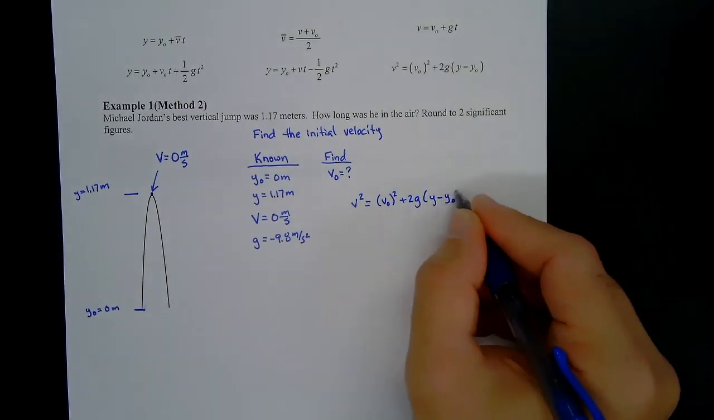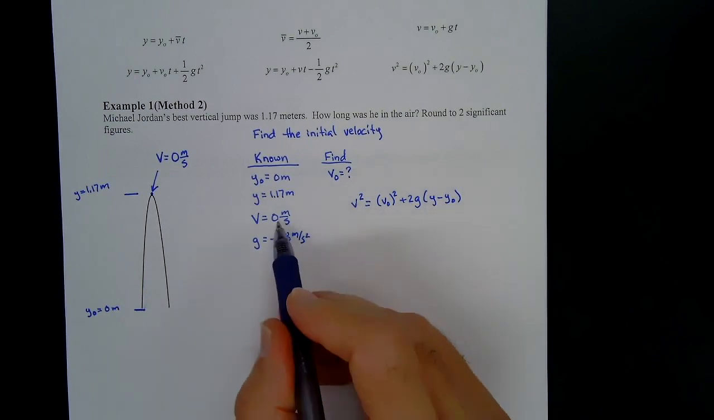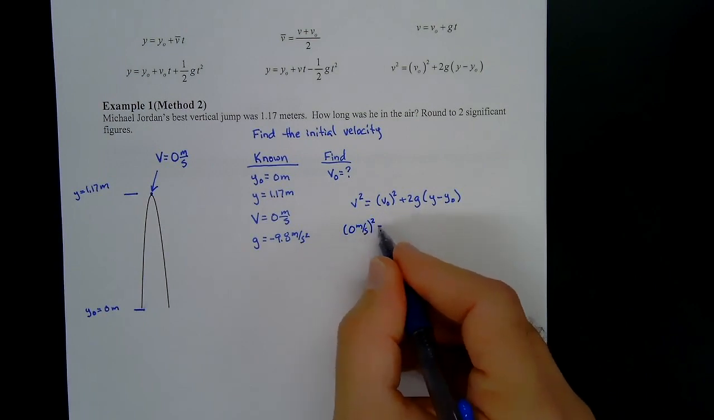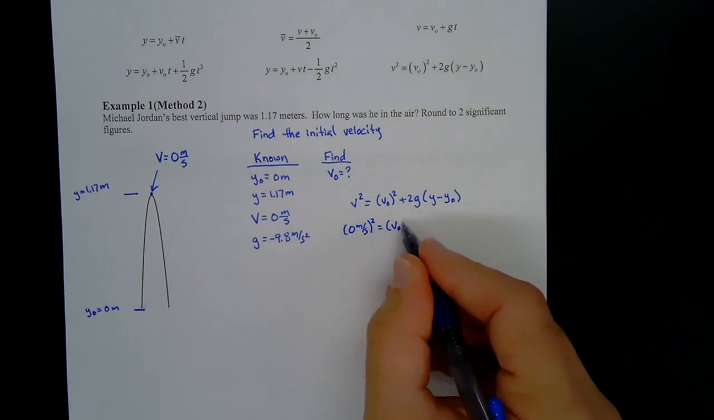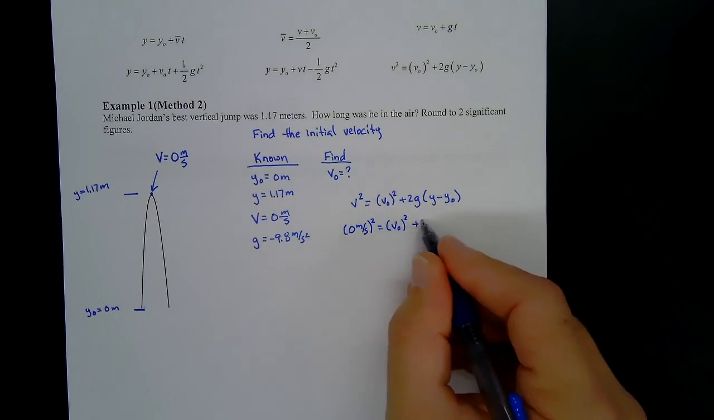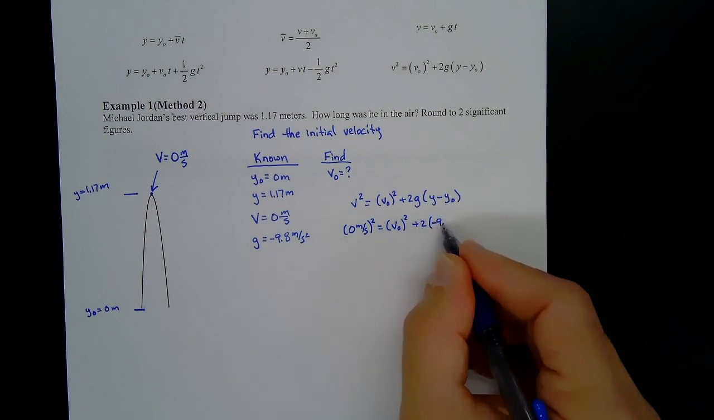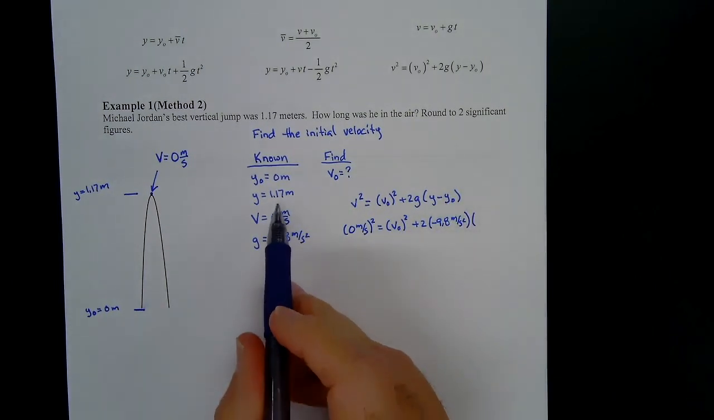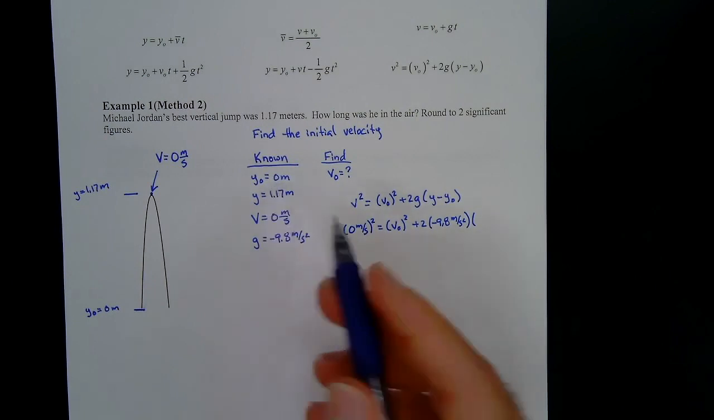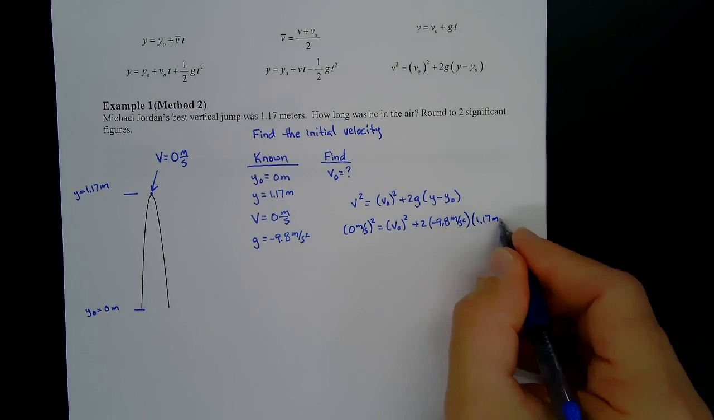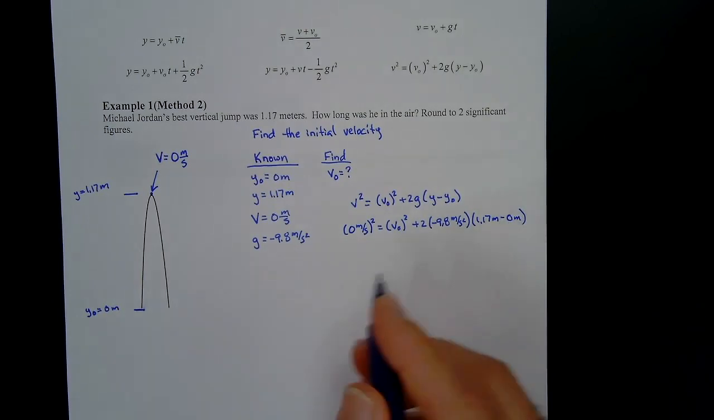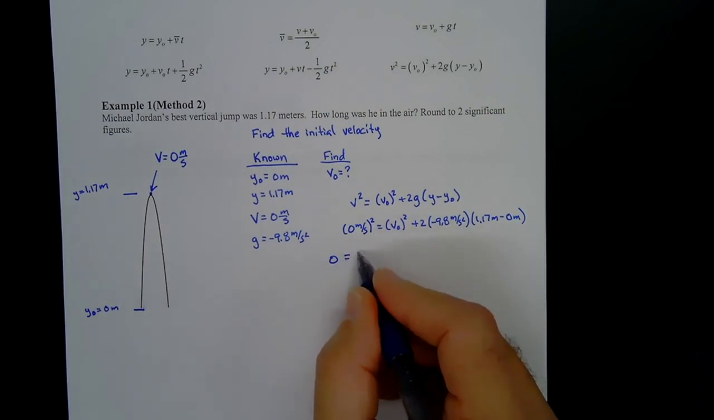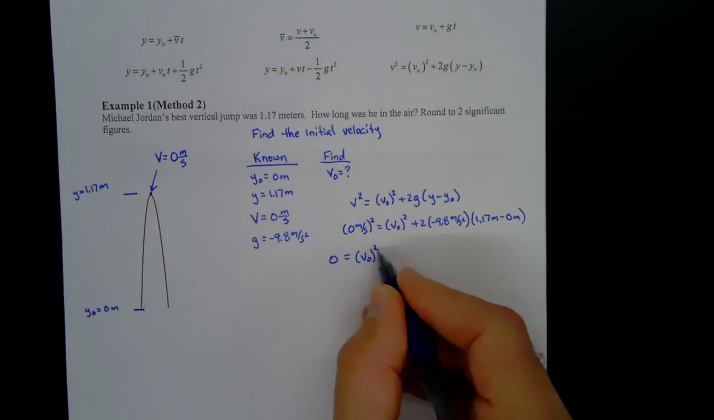All right. So I'm going to write v squared is equal to v sub o squared plus 2g times y minus y sub 0. So this final velocity was 0 meters per second. So 0 meters per second squared is equal to this v sub o squared, that's what I'm trying to find, plus 2 times g, which is negative 9.8 meters per second squared, times y, which is 1.17 minus 0 meters. Okay, so 1.17 meters minus 0 meters. This just is 0,